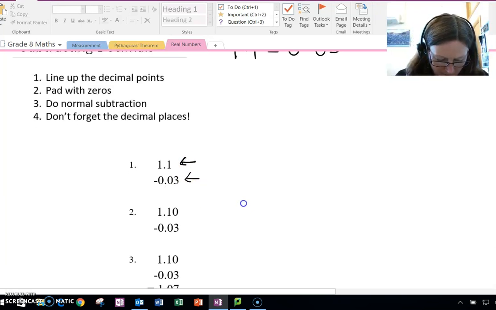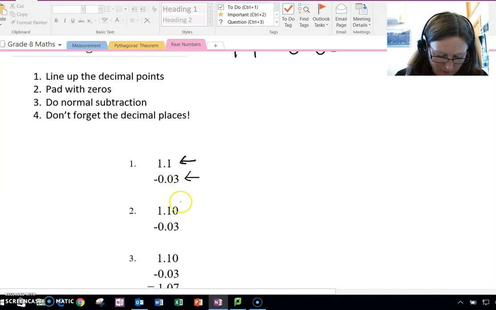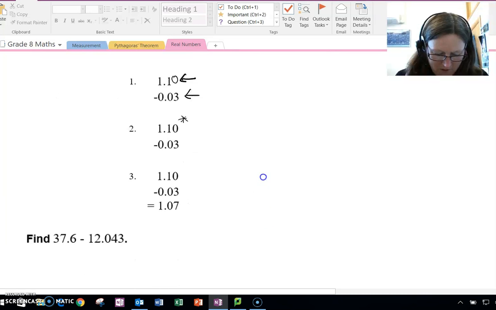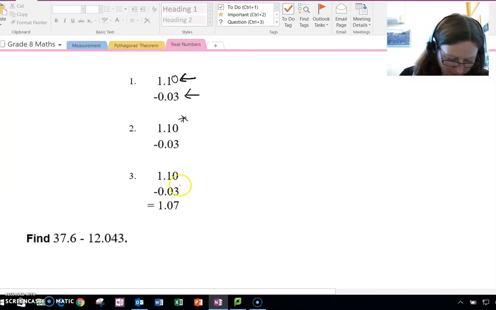We pad with zeros or fill with zeros. So for example, we put the 0 here, which you see below. Where there's nothing, we put a 0. We do normal subtraction. So for our normal subtraction,